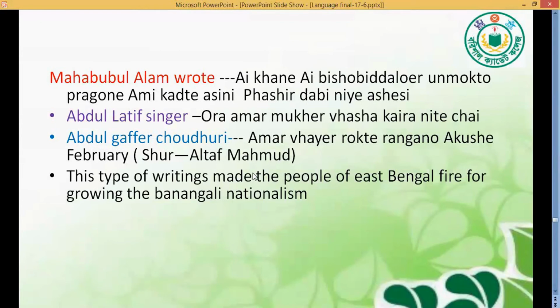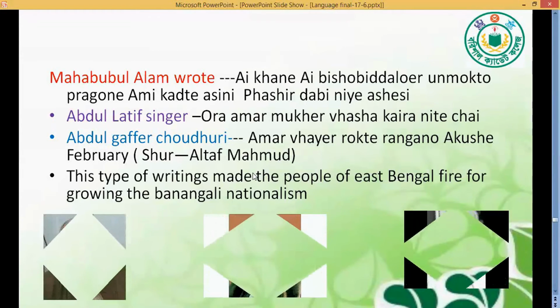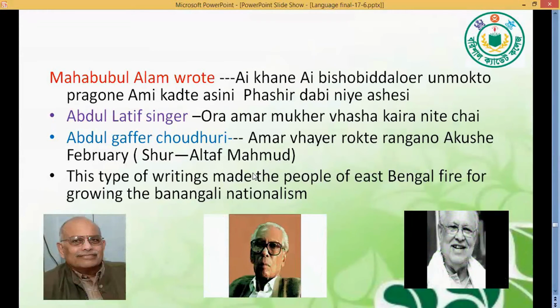Cadets, not only that, we can see at the time Mahabul Alam Road,